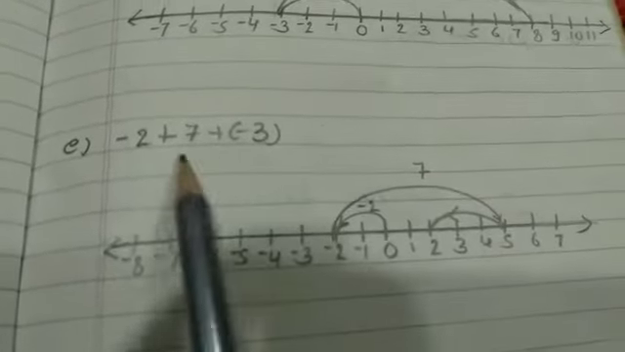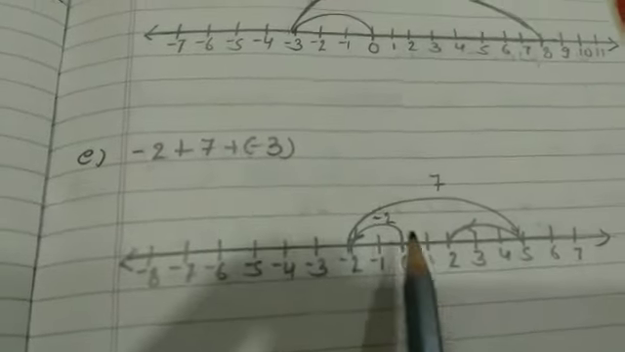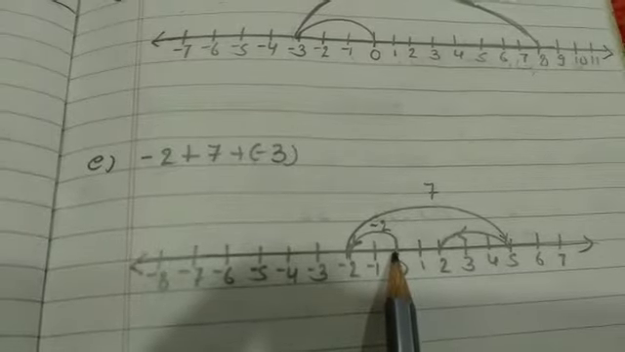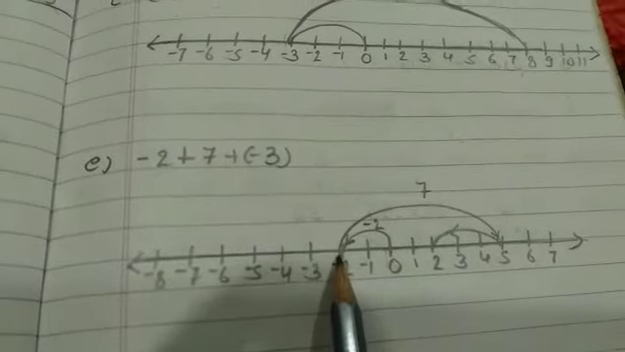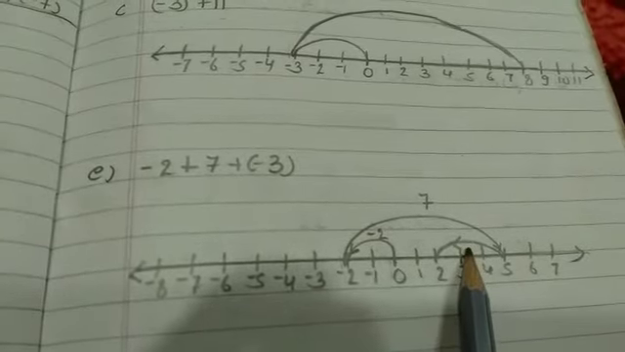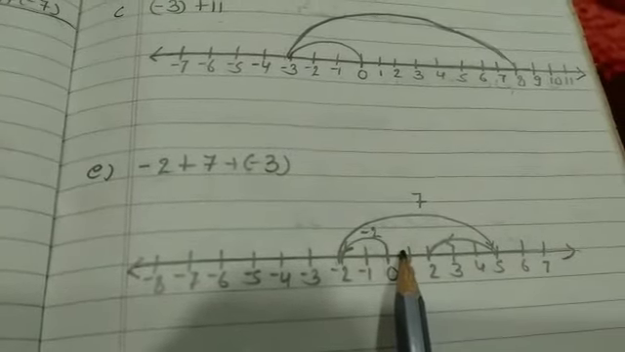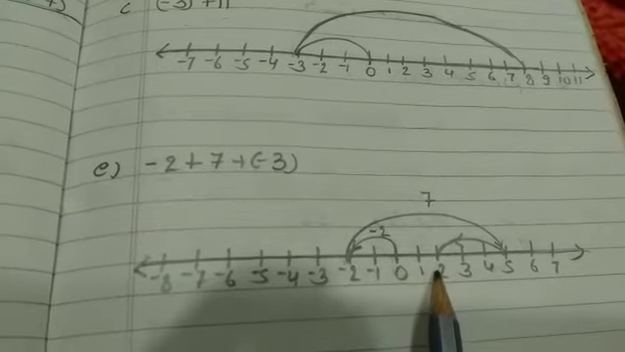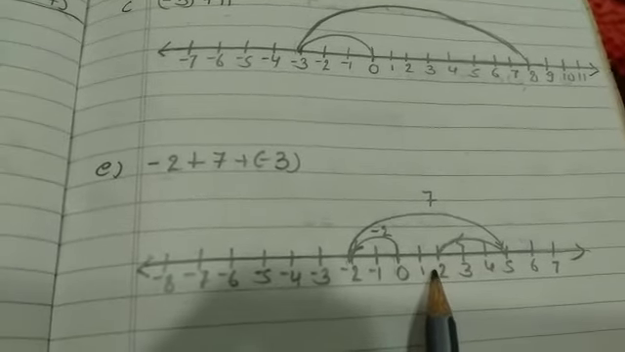Now if you see minus 2 plus 7 minus 3: from the initial position, meaning from 0, you move towards minus 2, then plus 7, and then again you come 3 steps backward. So your answer will be 2. Okay. So this is